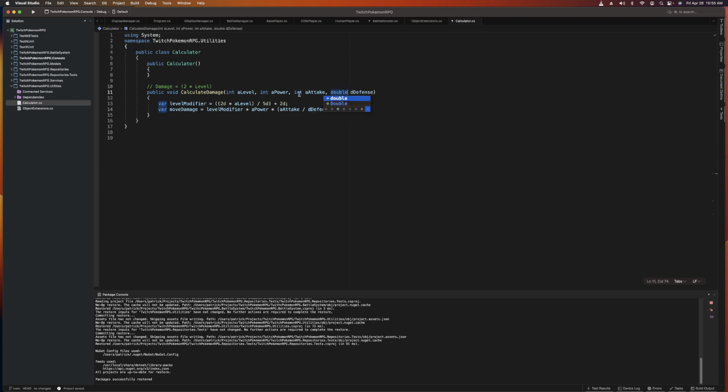Let's just cast these right up here. I guess we can work with all doubles, except a level. Level there just doesn't make any sense. Anyway,